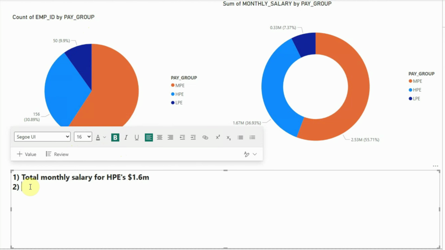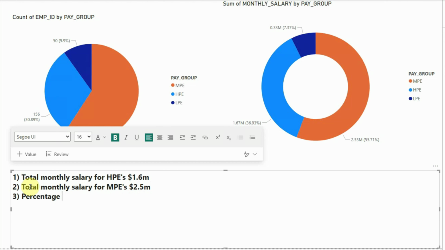Number 2, total monthly salary for MPEs is at $2.5 million. And the third conclusion is